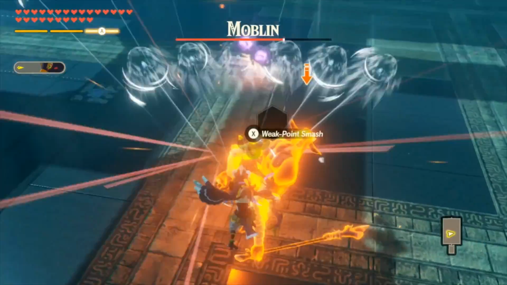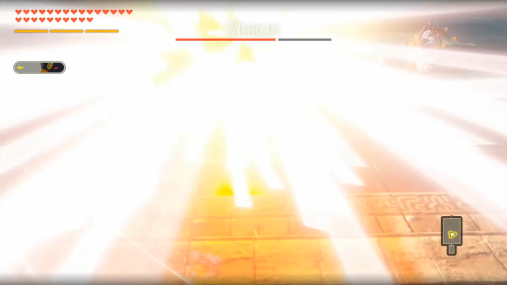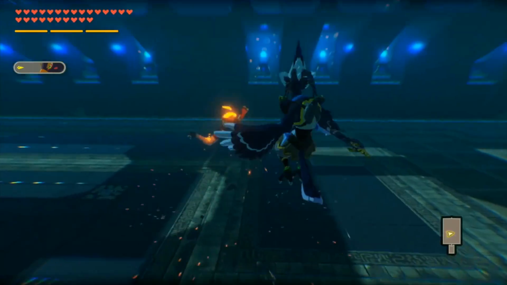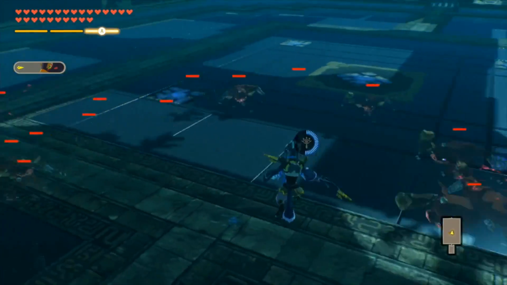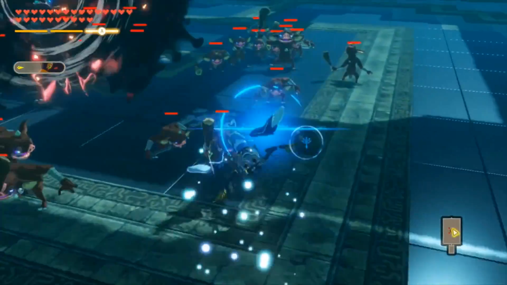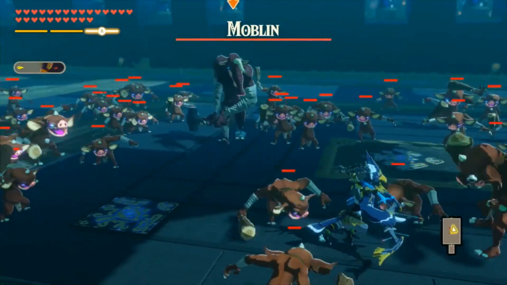So see, even without doing guard cancel and using dash cancel instead, you're still going to get a very nice setup off of that. So the dive kick is probably one of his best options from the air in terms of breaking a weak point. And then we can also look at his